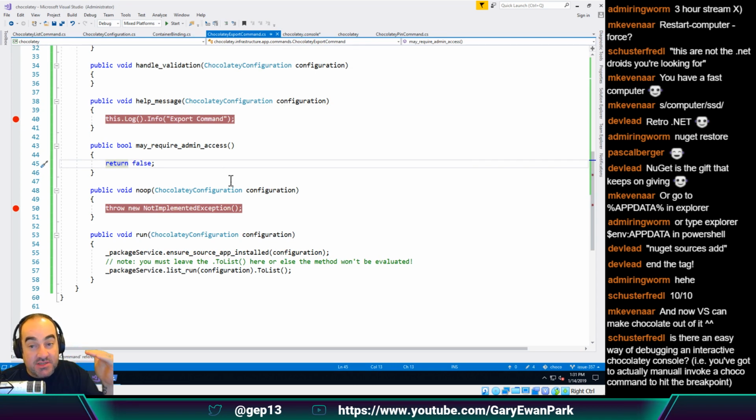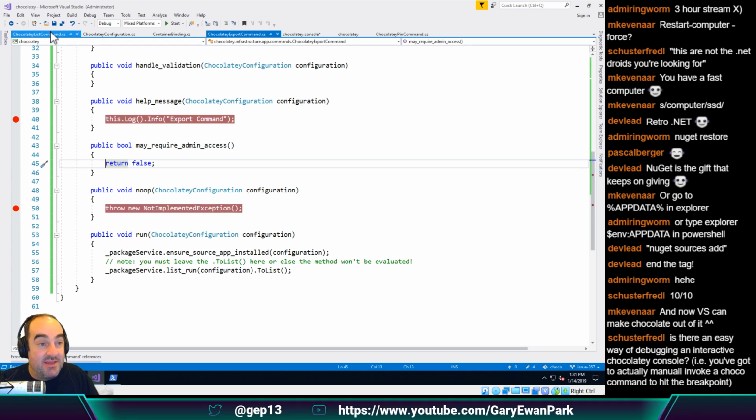So, during the parsing of the ChocoList command, it would have looked to see if it had a -lo parameter passed in, and that would have caused it to list out only the packages that are installed locally on my machine. ChocoList, without any parameters, goes to chocolatey.org and lists out all the packages from chocolatey.org. Now that's a discussion for a different day as to whether, and that's come up recently in the Gitter channels,